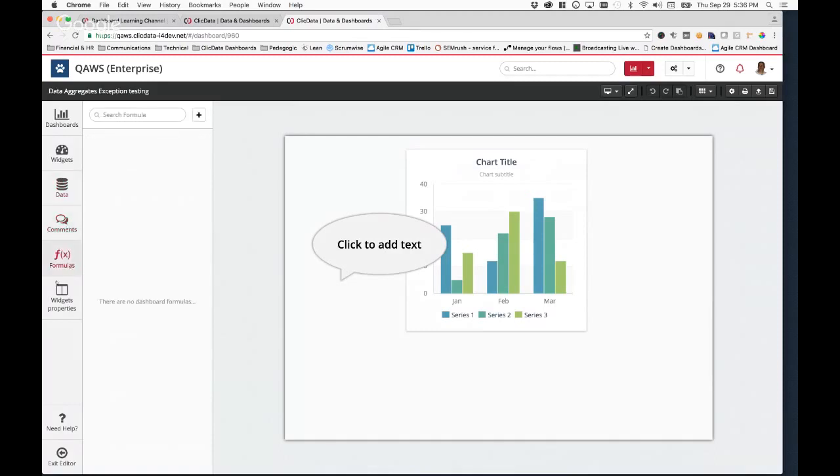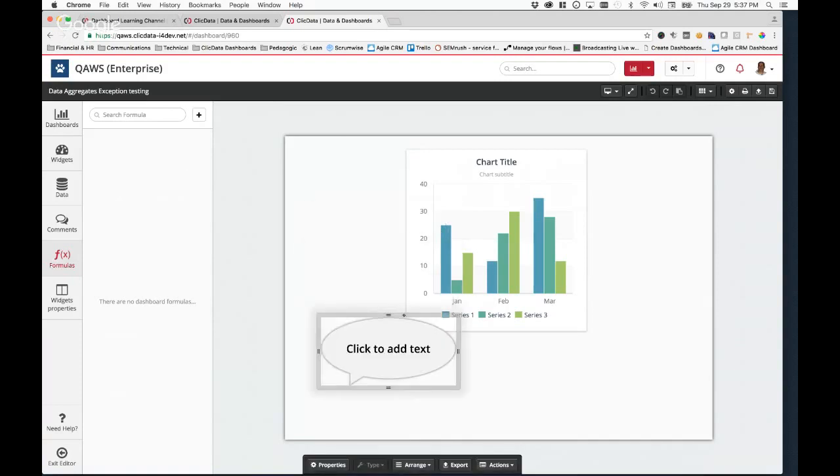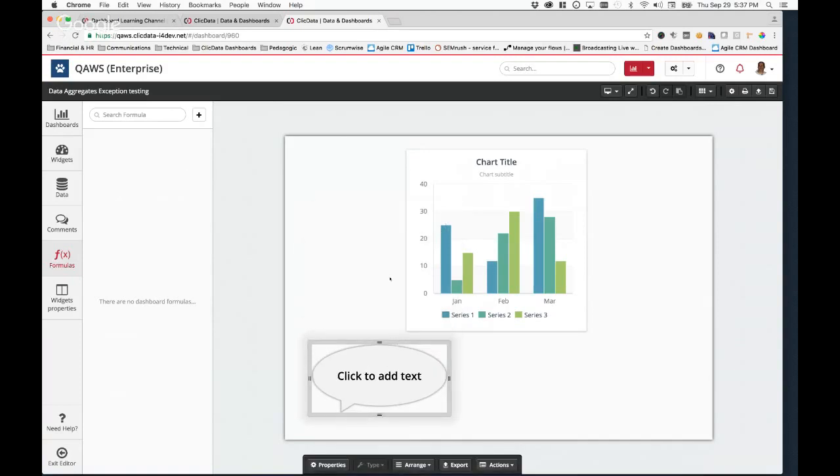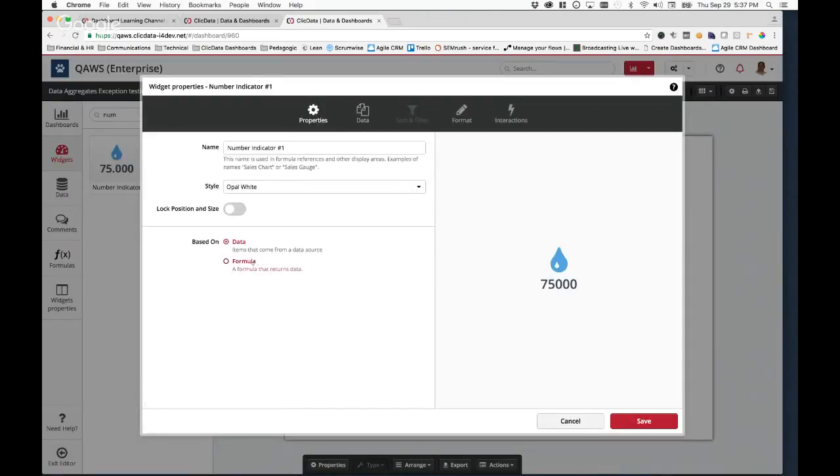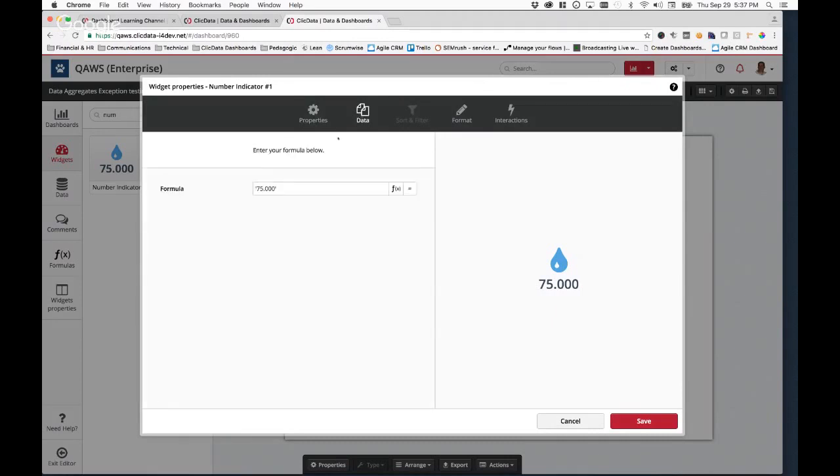And then in the last 30, 40 days, we've added two new ones. One is the formula. The formula is basically what we actually ended up seeing a lot of our users do: add numeric indicators and put a formula in them. So you'd switch it to the formula, and you'd put in a formula,